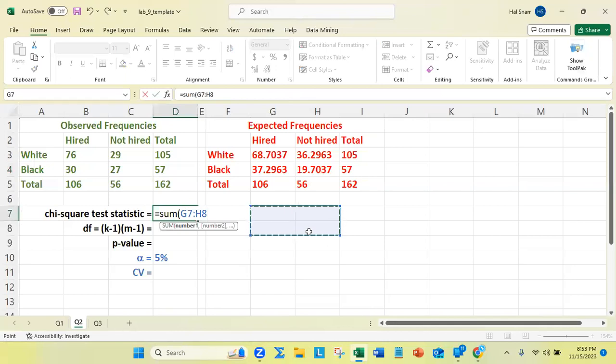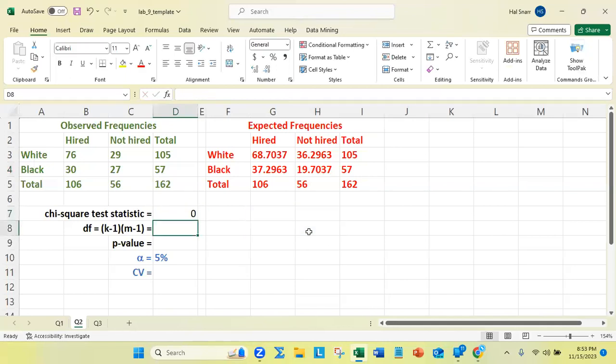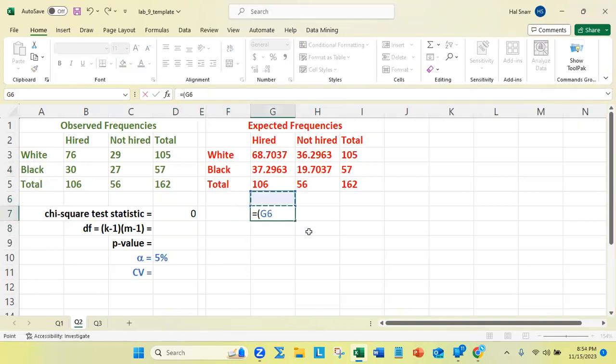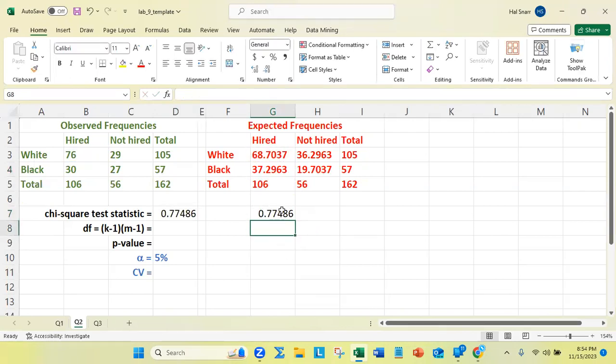So this is going to be 0 for now, right? Okay. So the first squared deviation from expected is we have 76 observed, and we have 68.7037 expected. And we take that difference and then we square it, and then we divide it by expected frequency. And we get